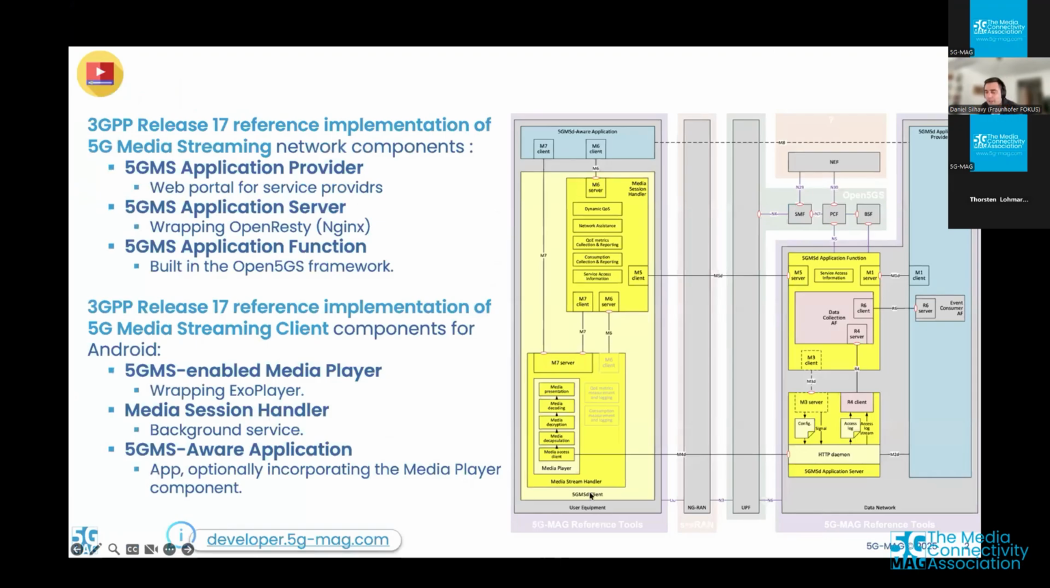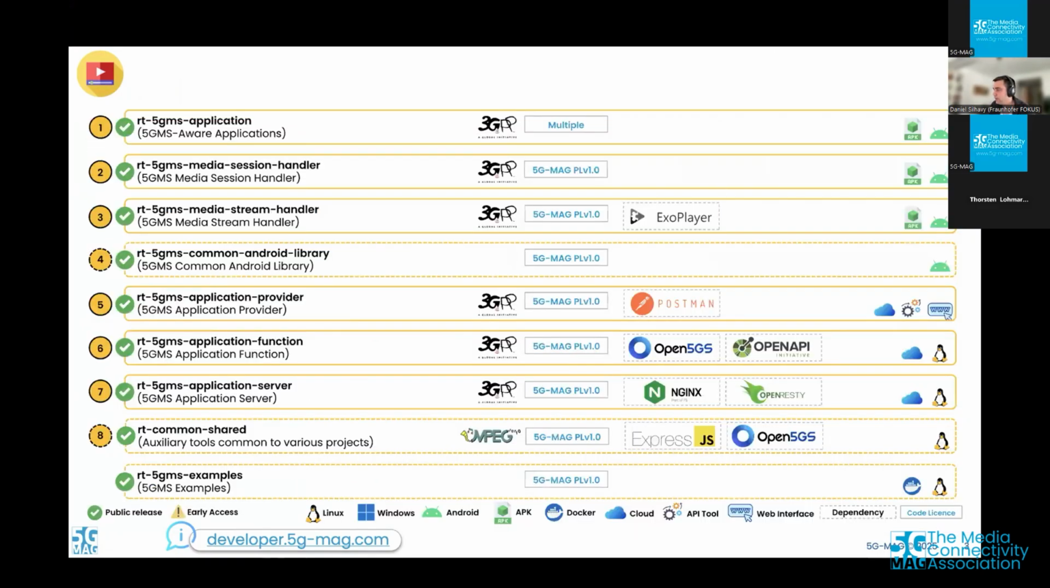I don't want to walk you through the architecture again. We had a lot of discussions about that. I just want to emphasize for 5G media streaming that we work on release 17. And on the right side, you can see the whole architecture, even including the data collection layer. What we touched is pretty much the whole stack, all the components that you can see here on the left